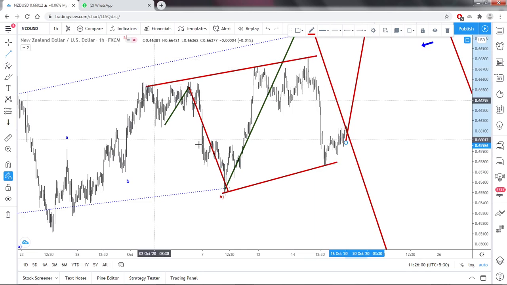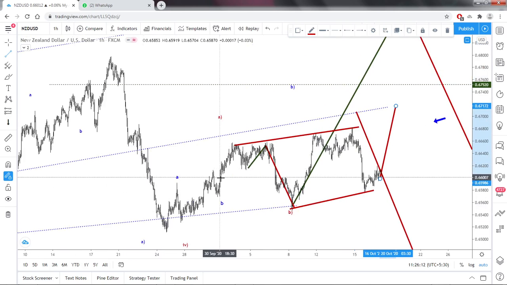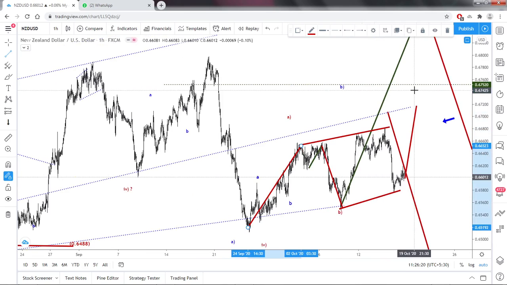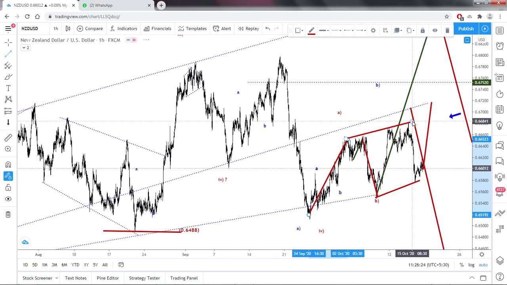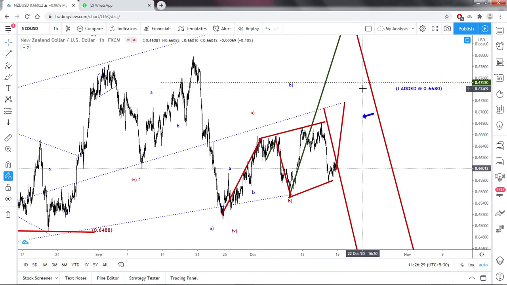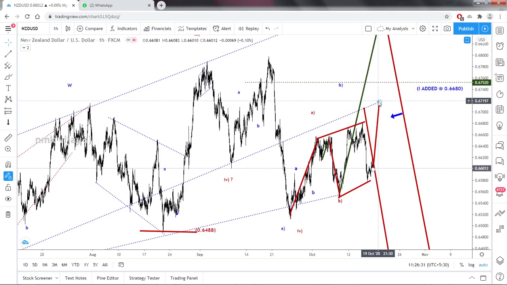This is one impulsive, and this is a 3-wave structure. Again this is a 3-wave structure, and this is also a 3-wave structure. So mind this: W, this one ABC, A, ABC, B, and W, this is an X, and one more impulsive wave like this can happen here. May or may not. But once it reached 6720 again, I will sell in this zone.